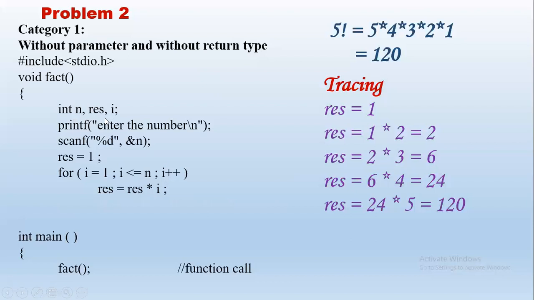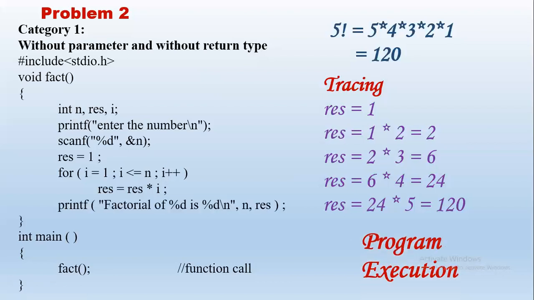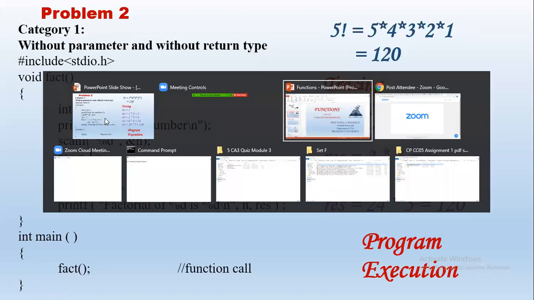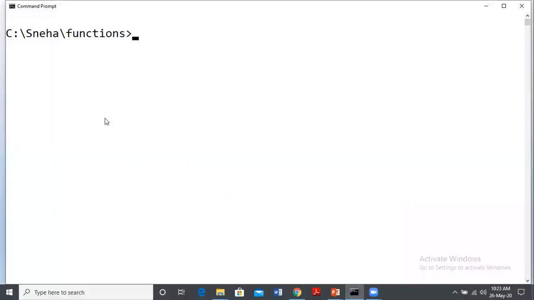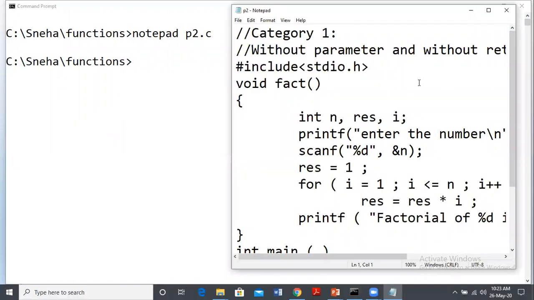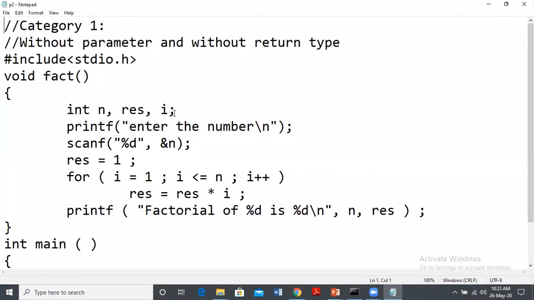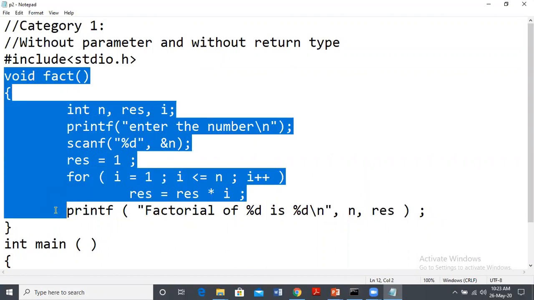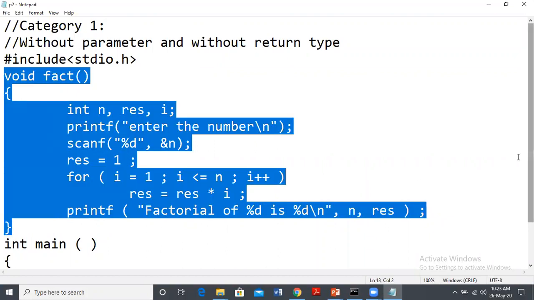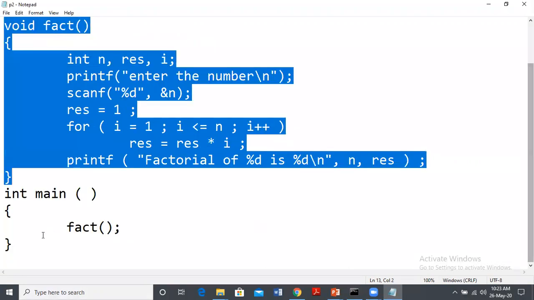So let us see here a quick program execution, right? So this is program number 2, P2.c, I'll just name. So here we have the program category 1 without parameter and without return type. So we have the function here, and in the main function, we have called fact.